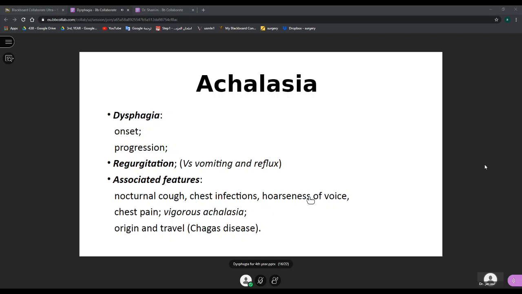hoarseness of voice due to acid reflux into the throat and causing sore throat. Okay, and